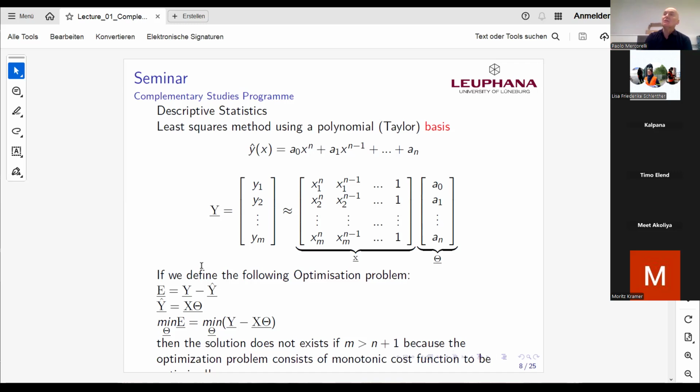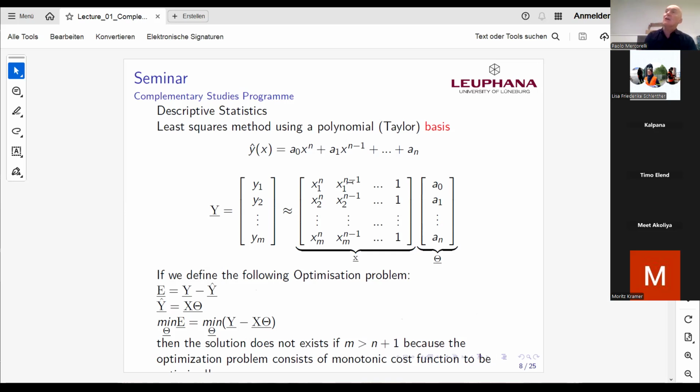You remember, this error is the difference between the measurement vector, which consists of y1, y2, ym, and the fitting vector, which is a vector which I don't know. I mean y hat, this expression. This vector here, y hat, is a fitting vector,